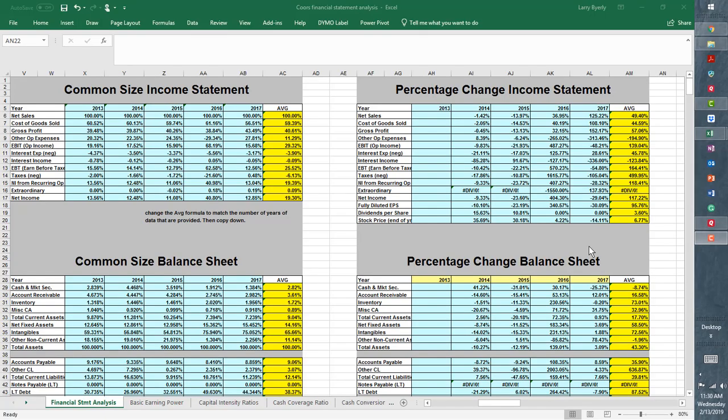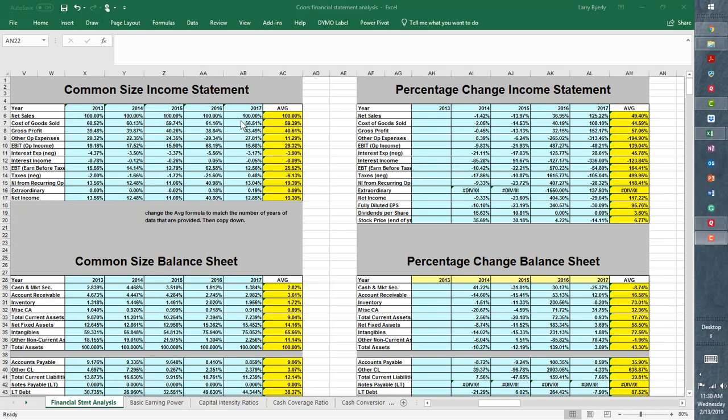Okay, in this video, we're just going to describe quickly what's frequently referred to as common size statement analysis, or vertical analysis, and horizontal analysis. So let's first look at common size statement analysis. The common size statement analysis for income statements essentially takes each line item and divides it